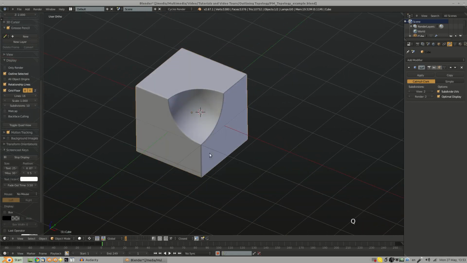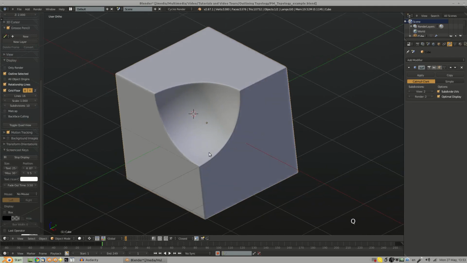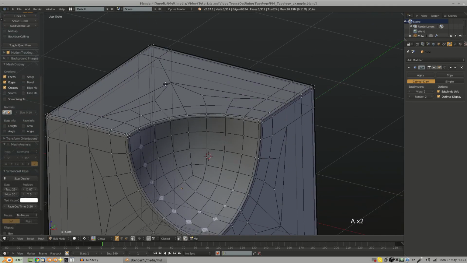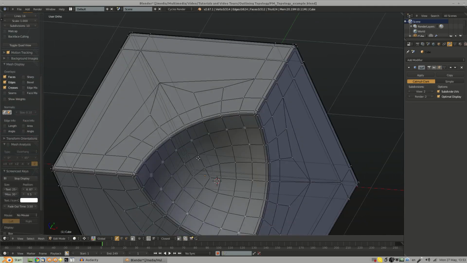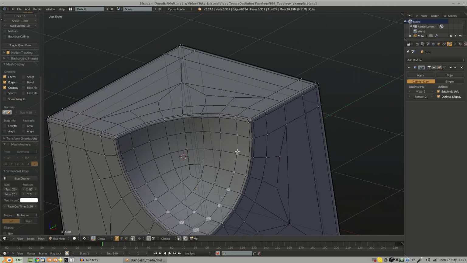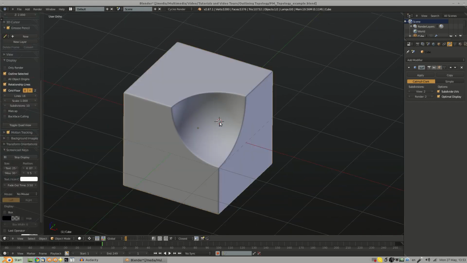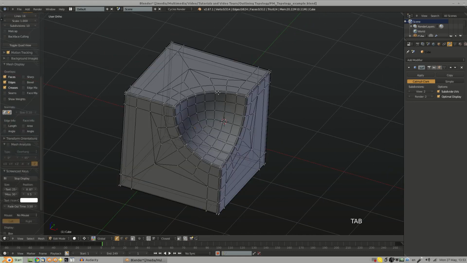So I'll just shade this as smooth. And there we go. It's really simple, nice and clean, easy to modify, and we've simplified our topology nicely. These are all quads, so it's really full of win. And that's basically the concept behind managing topology, is outlining what is important in the model and then sort of